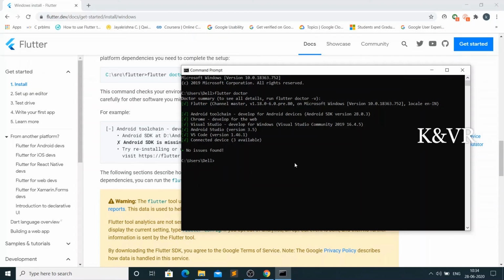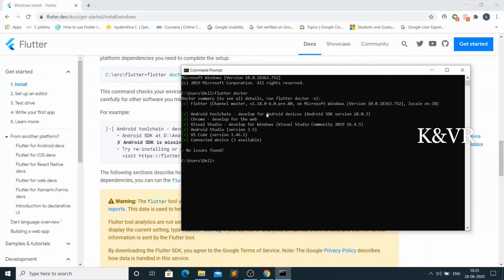After installing the plugins in Android Studio, go to the command prompt and type flutter doctor. It will come like this. Whenever you get all green ticks, only then can you create and run a Flutter app on your laptop. Here Flutter is installed. I have done the Flutter SDK, and next the Android toolchain shows an error.